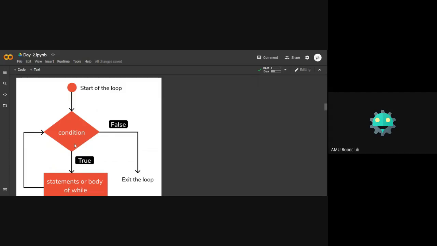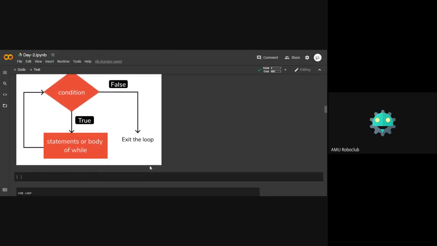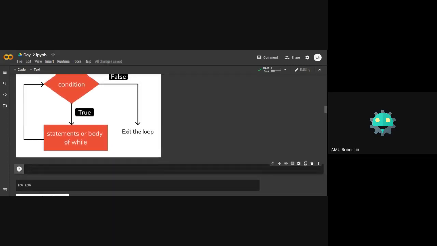And if that is true, then we'll check the condition. If the condition is true, we'll come back to the code again. Then here we'll be executing the code which we want to execute and changing the condition. So let's change the condition, and if that is true again, we'll go here, and if it is false, we'll simply exit the loop. Right? So now we are out of the loop, and we will be executing the next block of code, which would be out of the loop and not a part of the loop. Let's see with an example.